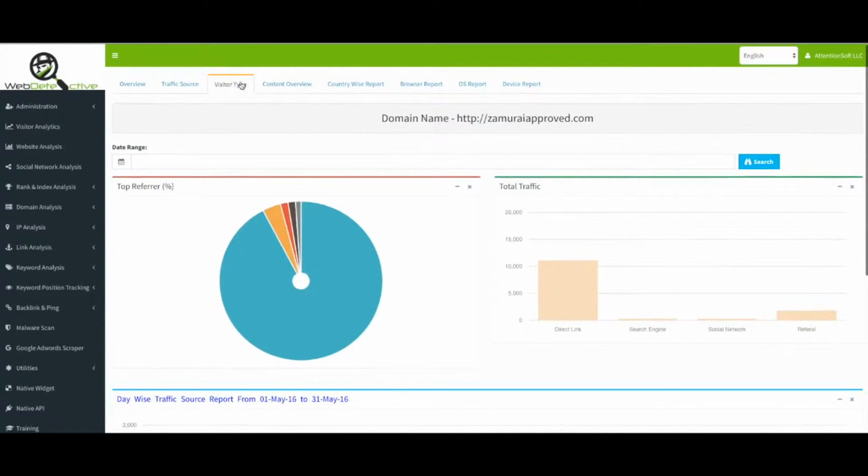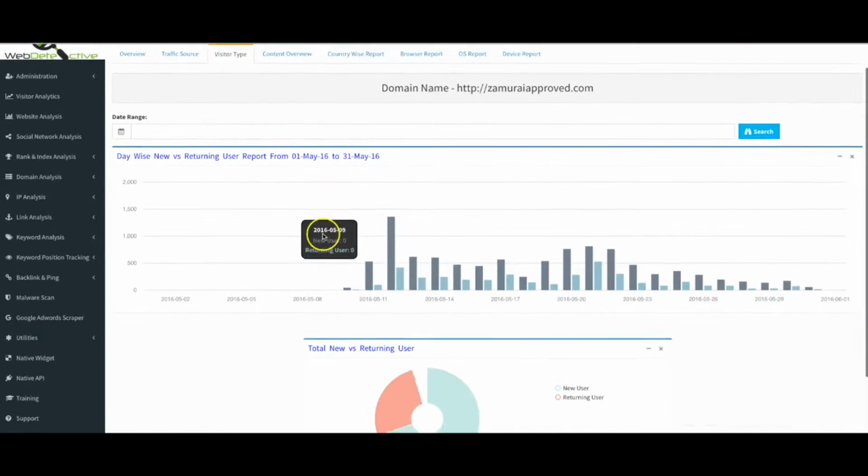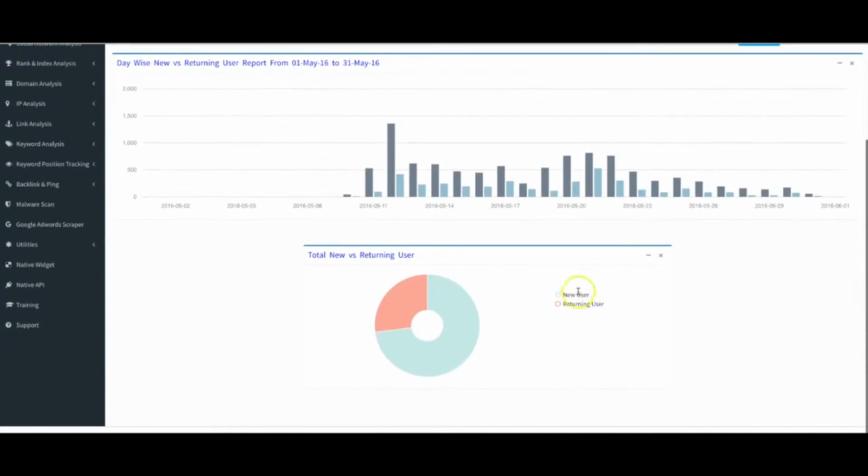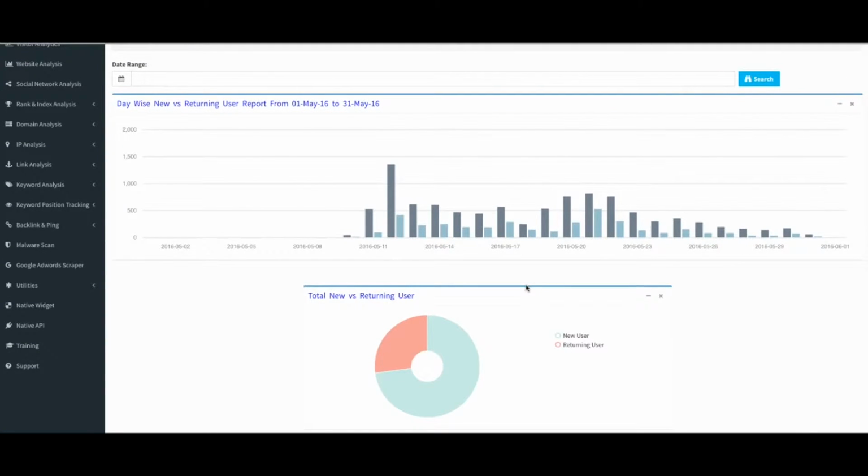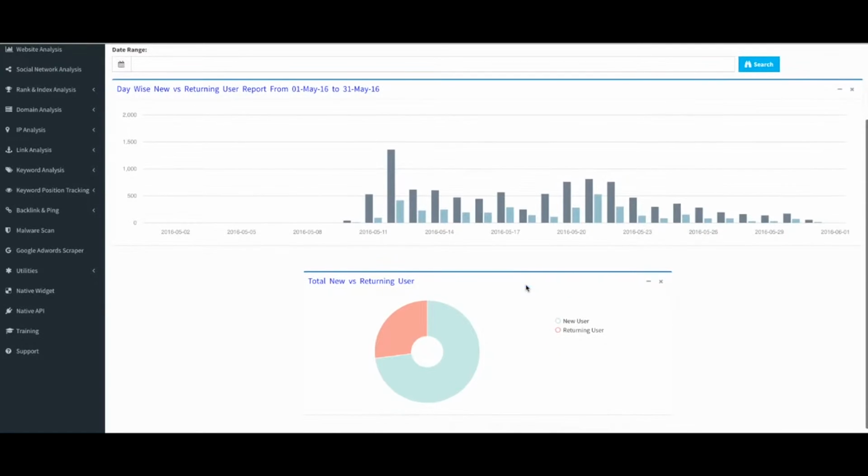Here the visitor type as well. You can get even more information here by day, and you can get an idea if you're getting new users based on returning users. So here I know that I'm getting a lot of new users to my website, so that's some great potential for me to be able to turn those new visitors into repeat visitors by adding some kind of opt-in form to my website, adding retargeting to my website, and be able to get my returning user